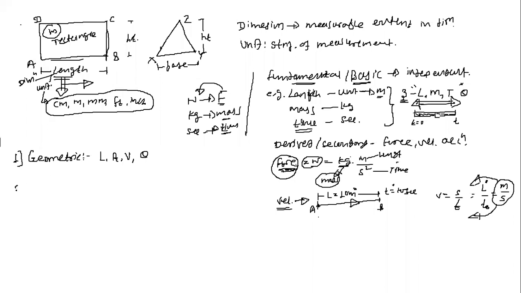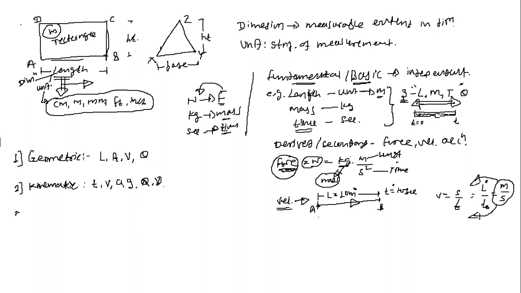Whereas the second group of the physical quantities is the kinematic group. Which quantities are considered in the kinematic group? Time, then velocity, that is linear velocity and angular velocity, acceleration, that is linear acceleration and angular acceleration, then acceleration due to gravity g, and discharge Q. Those are considered kinematic quantities in fluid flow, along with the kinematic viscosity nu. Nu is the kinematic viscosity, which is also considered a kinematic quantity.